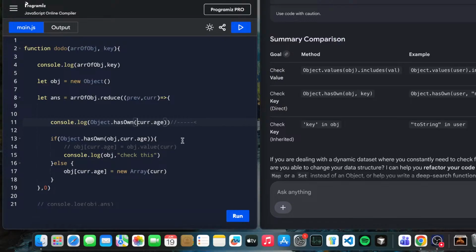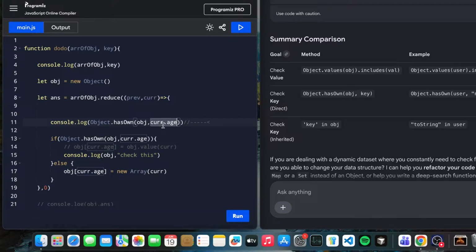It should have two things. In the current we will have the upcoming thing, but we don't have to check there. We have to check in the object, which is our main object, and here we are passing the current age. Current dot age will be,